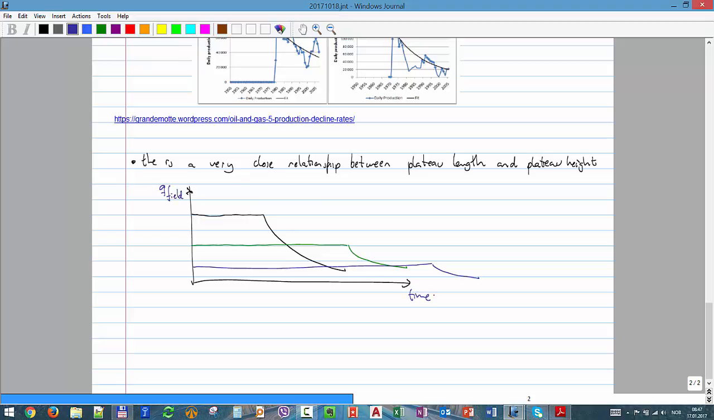Usually, if I have a higher plateau, let's call it Qp, then I have a shorter length. We will see later why that is, but if you think about it, I all the time have to recover the same